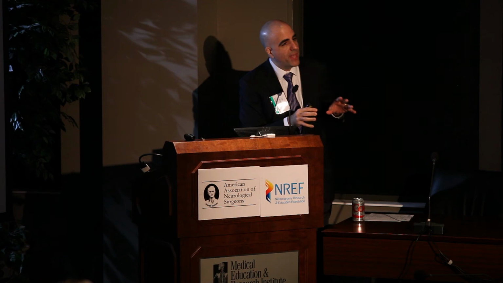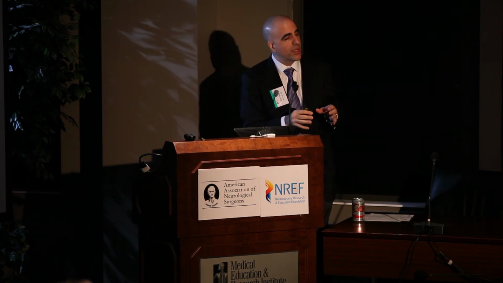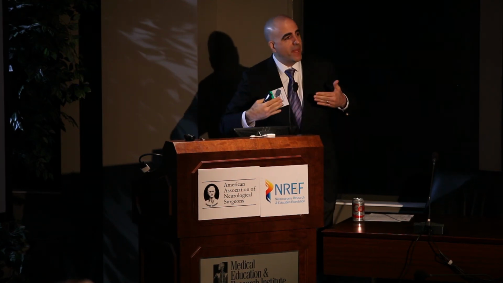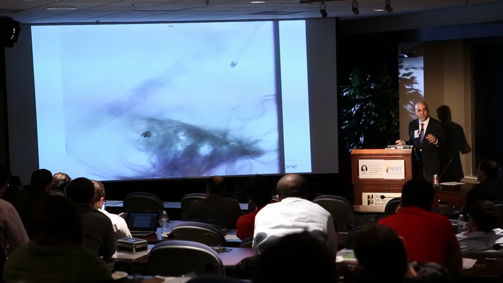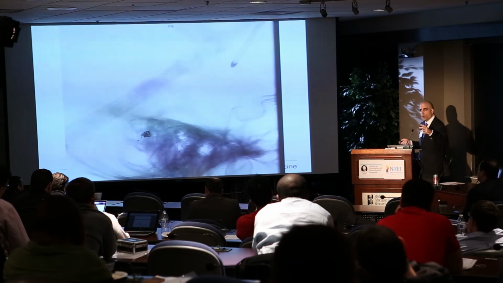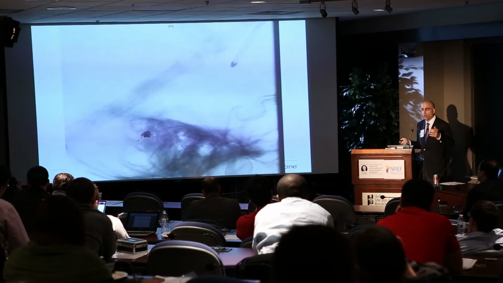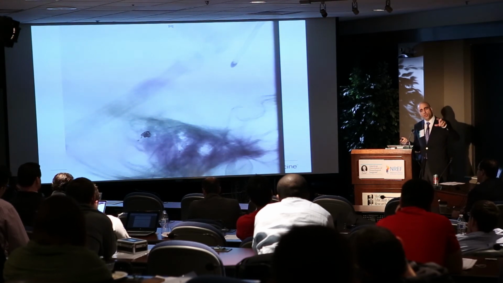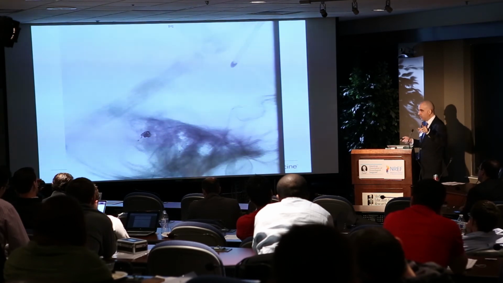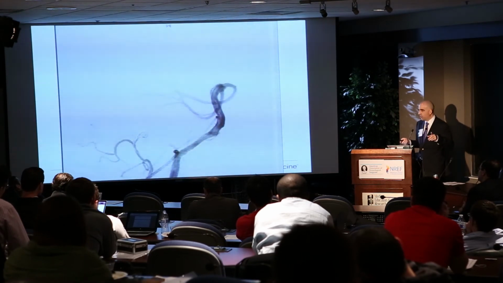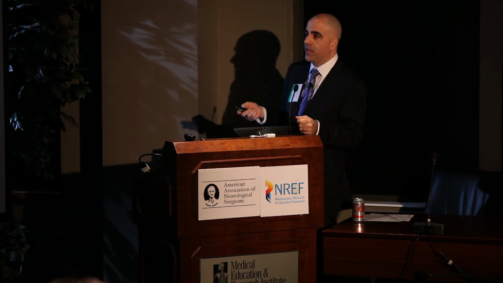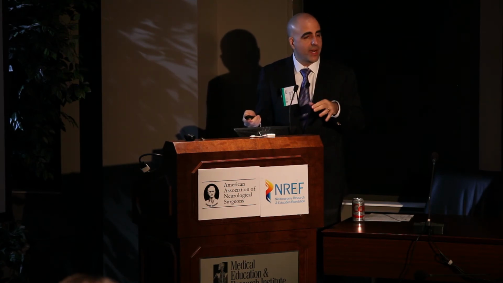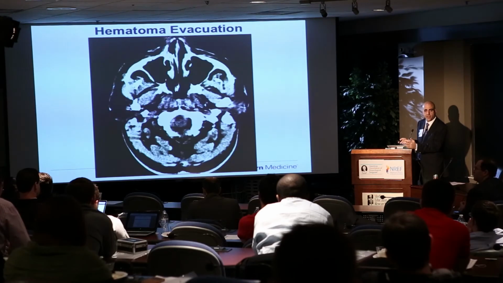Now you've taken away the acute rehemorrhage risk. You're an ICP doctor; you've taken care of the ICP issue. And then you can bring the patient back a couple months later and manage the AVM surgically or with radiosurgery or embolization, whatever your technique is. But remember, in the acute period, there's nobody better positioned to take care of these patients than you as a neurosurgeon because you have all the tools at your disposal. Don't let anybody convince you to be passive about this kind of patient. I have a whole series of these patients in my practice that I've saved, and I love seeing them back because they were dead on arrival.